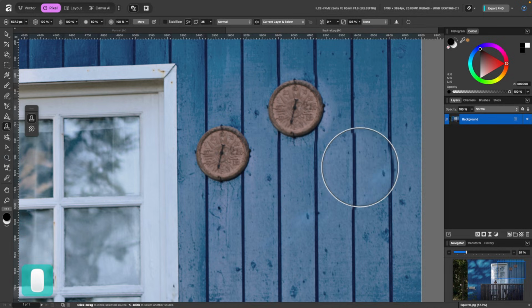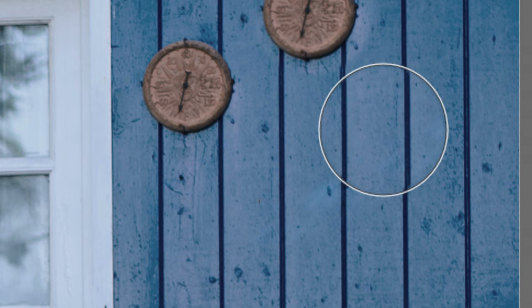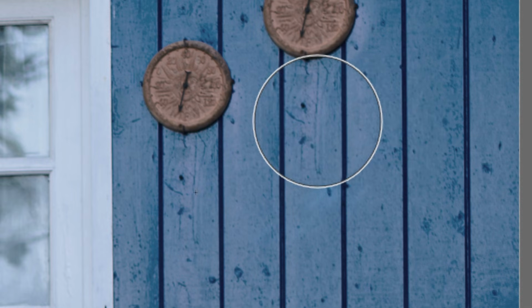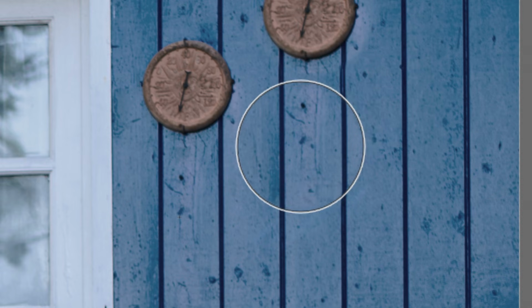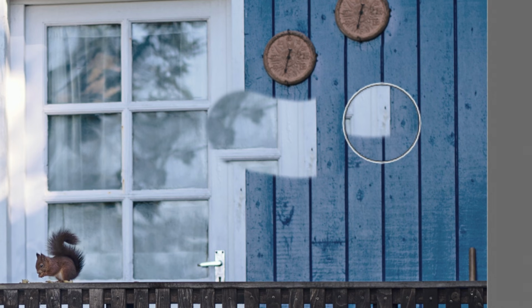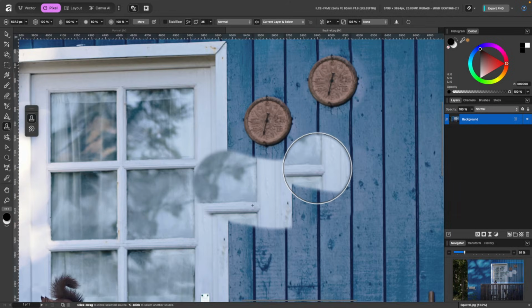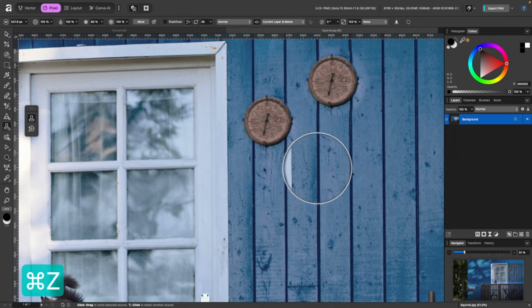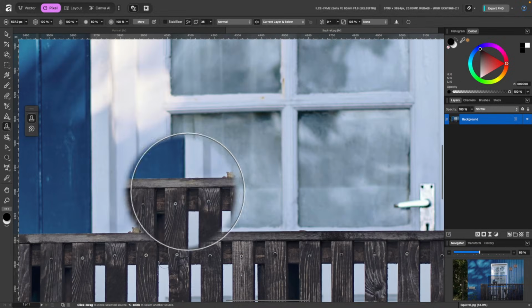You see, now I have cloned it, and if you look, there's a little crosshair just underneath the original clock. See, it's moving as I move this brush around. So it's still taking samples. So I can just click and drag from wherever I want. But actually that looks terrible. So I'm just going to press Command Z. Okay, let's try it again with this little guy here.